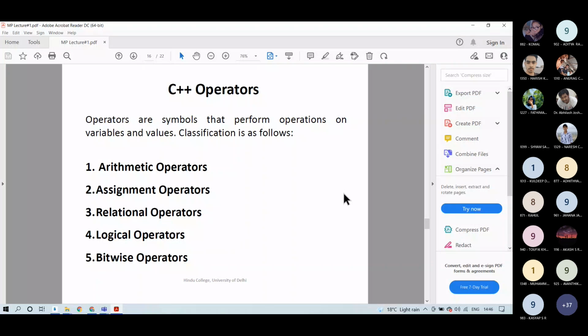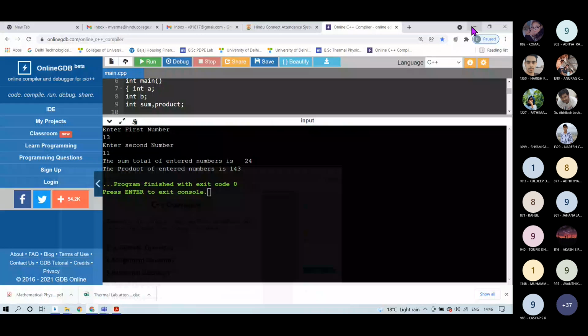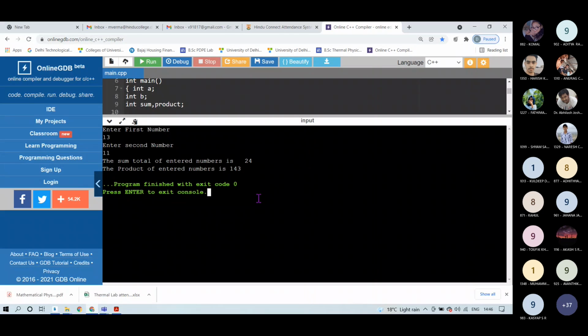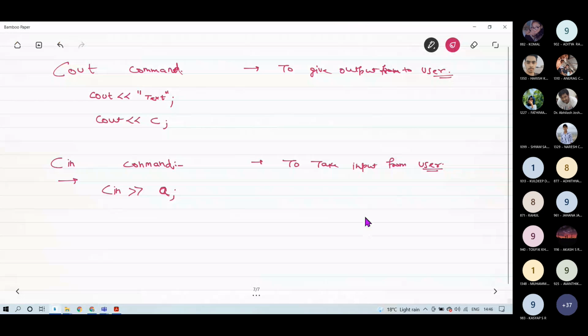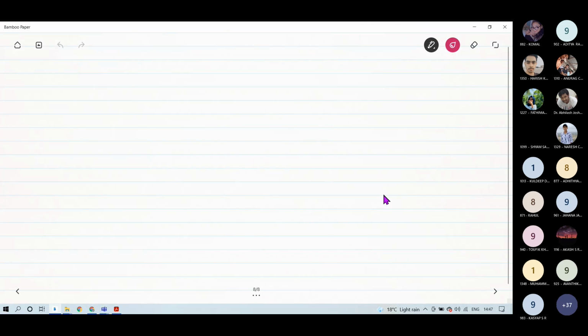Okay. So now for today's class, we have to learn these C++ operators. There are different types of basic operators which we will be using in C++. But before that, what I want from you is a program, a classwork for you, whose aim is to,